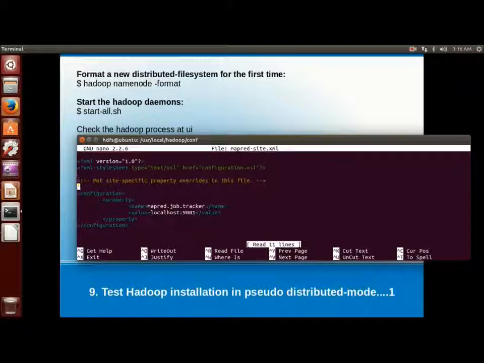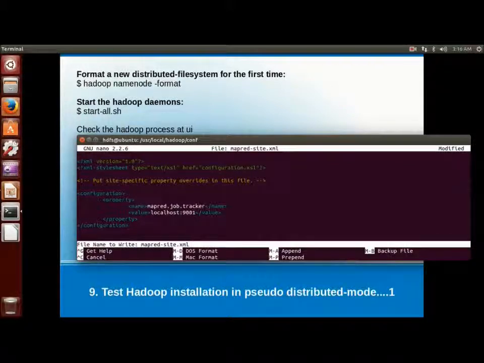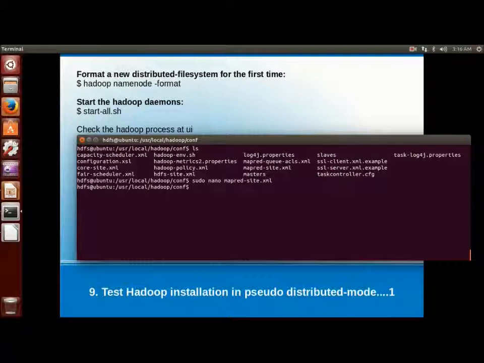So there is a problem with mapred site.xml. The value tag has not been closed properly, so I updated it to the correct form.